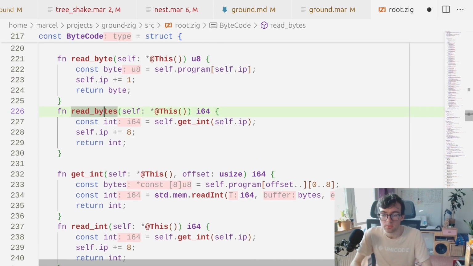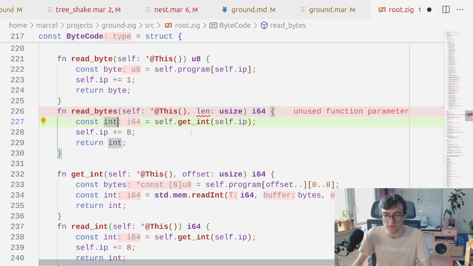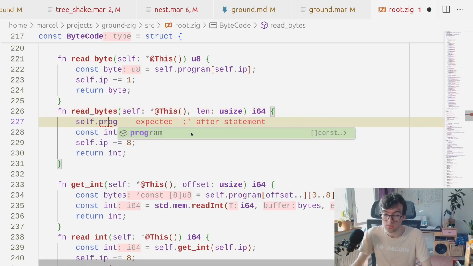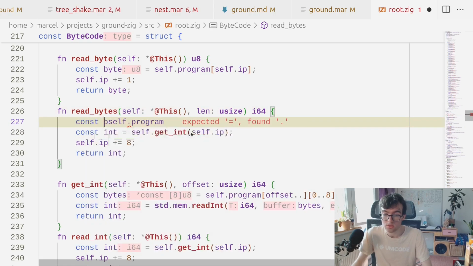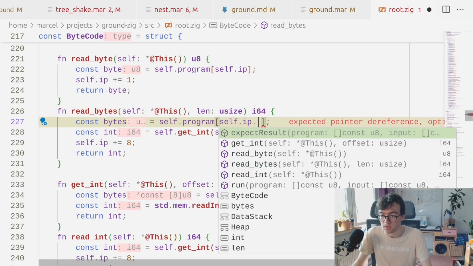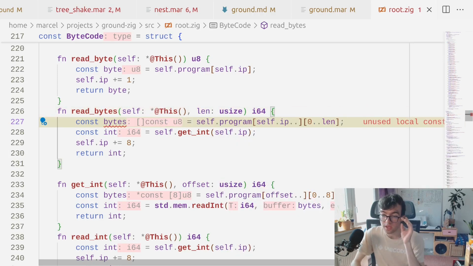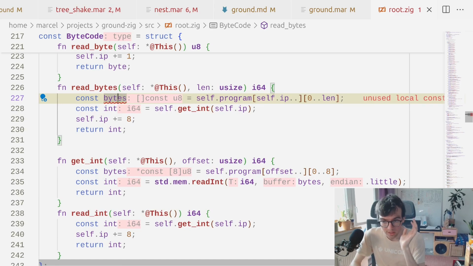Yeah, read bytes, self and length is a usize, and that just does, well, self.program at the current offset, hang on, at self.ip, dot something, and then with the length, that is some slice of bytes, all right,